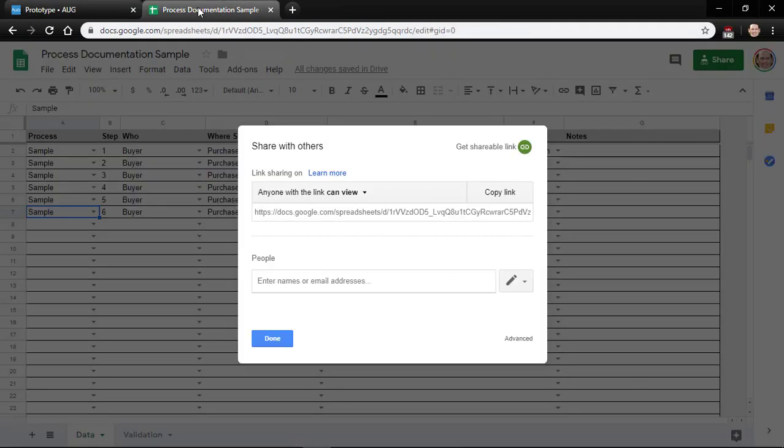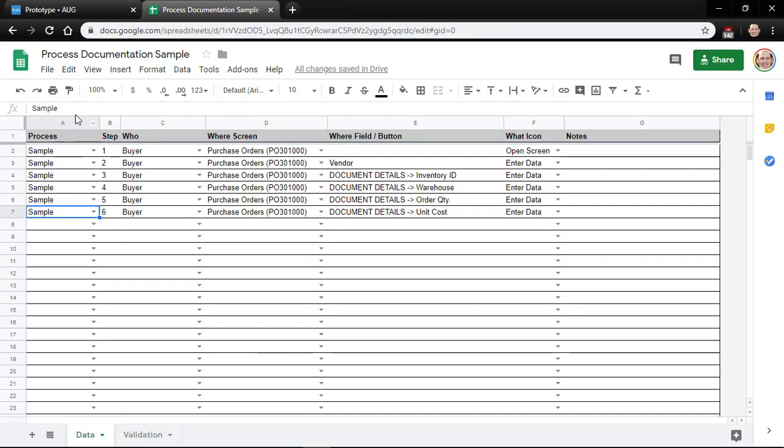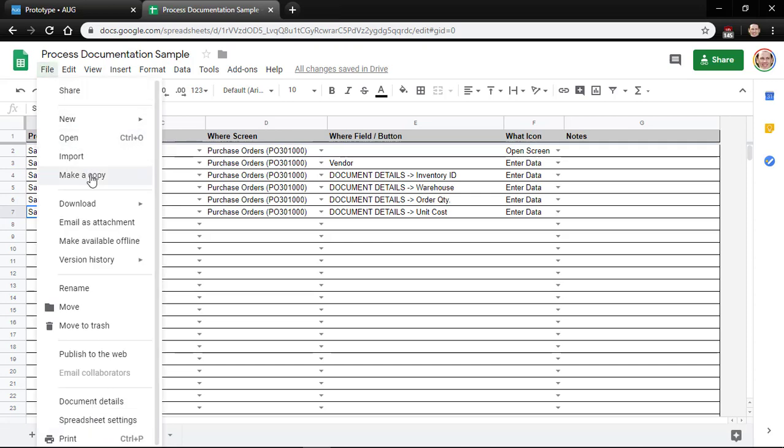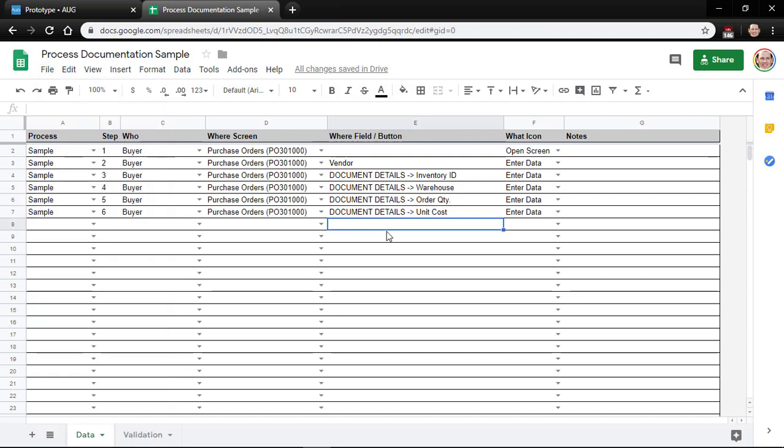So once you create your own Google Sheet, and to do that, you'll be able to go to this sample sheet. Once we're done creating it, you'll be able to see this because it's public, and you can just use File and make a copy to make your own copy in your own Google Drive folder. Put it wherever you want. The main thing is once you make a copy and you have your own version that you can edit, then you need to hit the share button, anyone with a link,